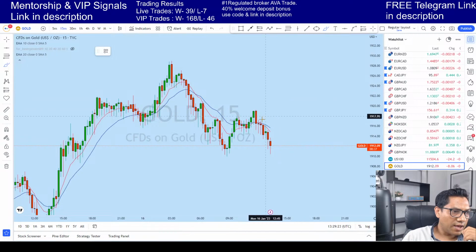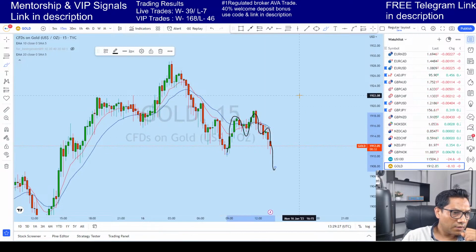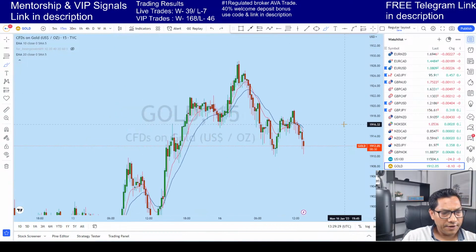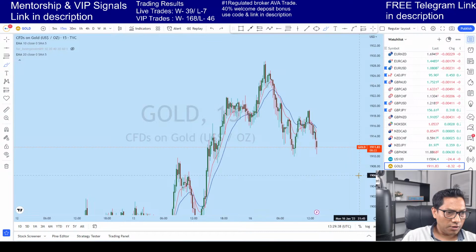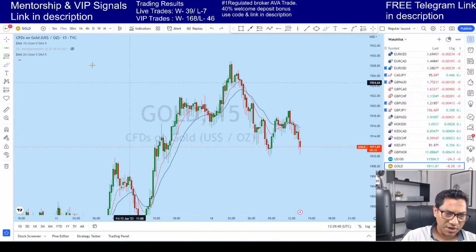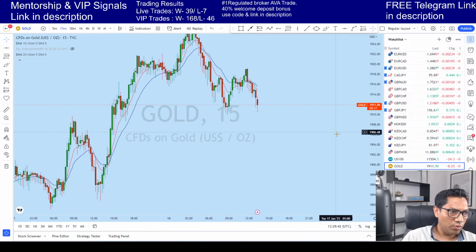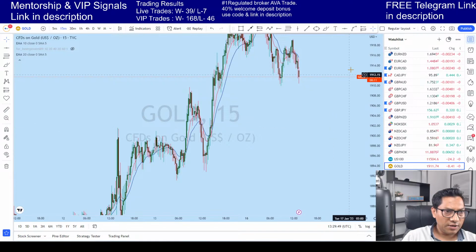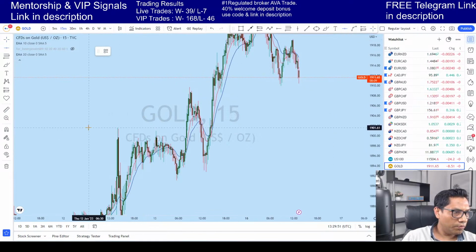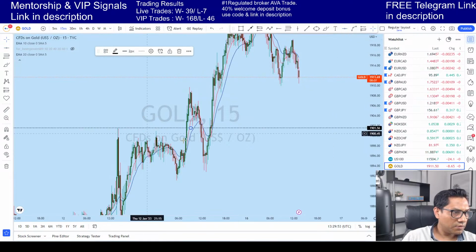We see that a nice looking head and shoulder has been created. And now there is already a gap opening on the 15 minutes on gold, you can see. If we see a sudden breakdown, then we might see a reversal, and there is one probability here. First move, if it drops.